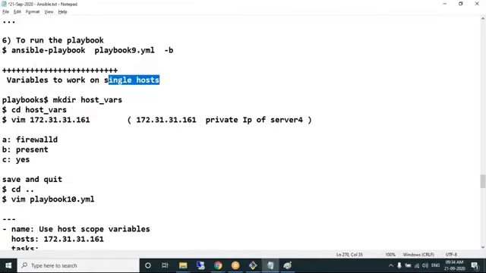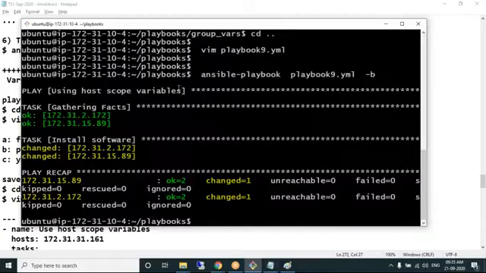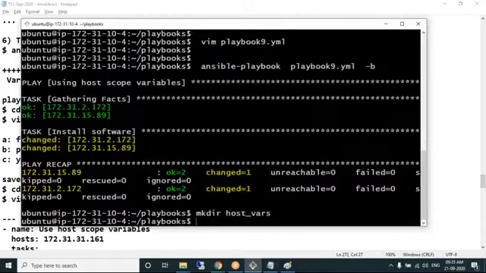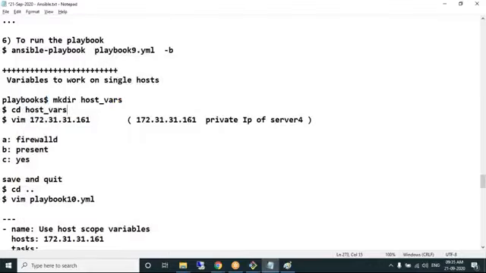So I'm creating a folder called host underscore vars. I'm creating a file, using the vi editor to create it. The file name is nothing but the IP address of that machine. Last time the file name was matching with the group name. Let's say if you want to configure only one machine, then the file name should match with the IP address of server 4.